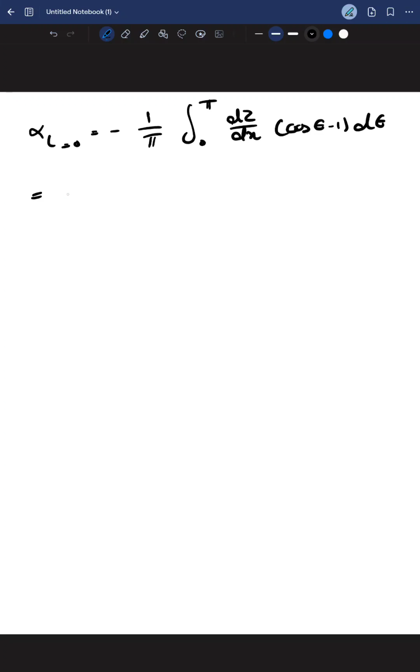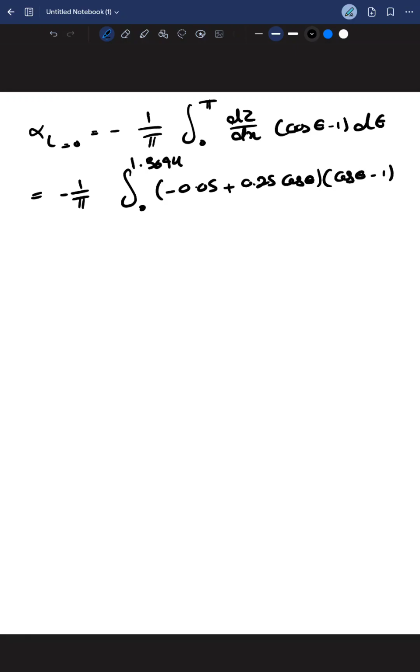So negative 1 over pi, integral from 0 to 1.3694 of (negative 0.05 plus 0.25 cosine of theta), this is the first equation, multiplied by (cosine of theta minus 1),